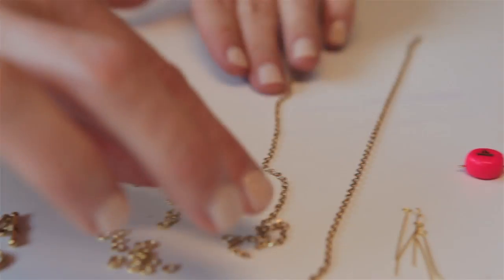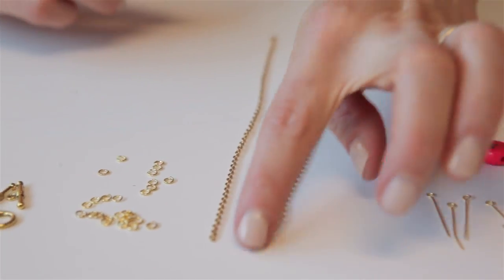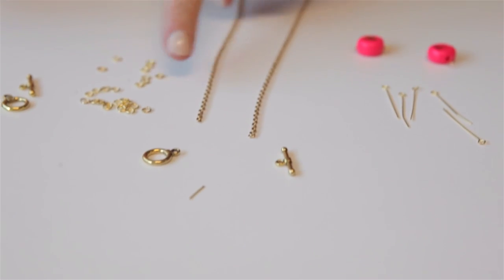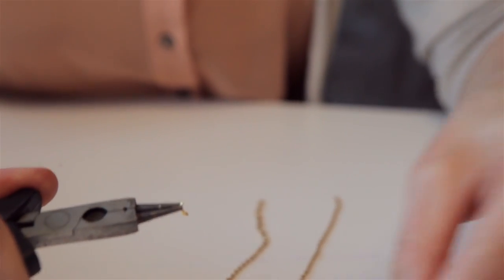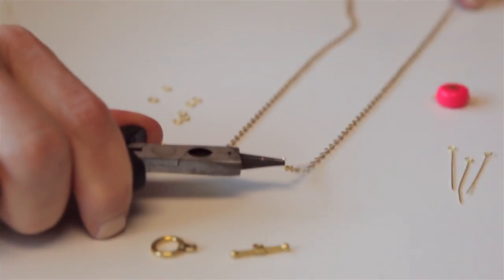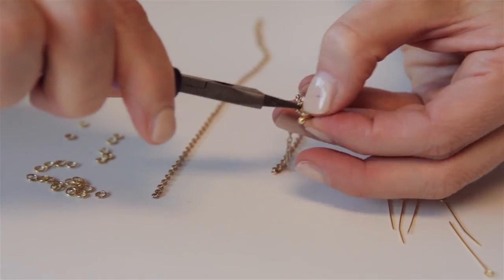Then you're going to cut two lengths of chain, and these are 8.5 inches each. On one end, you're going to attach your closure clasps, and you're going to do it with a jump ring here. You're going to open the jump ring like this rather than like this. And it's not directional on where... No, it's not directional. So you just thread it through the end there, and then thread it through the clasp,